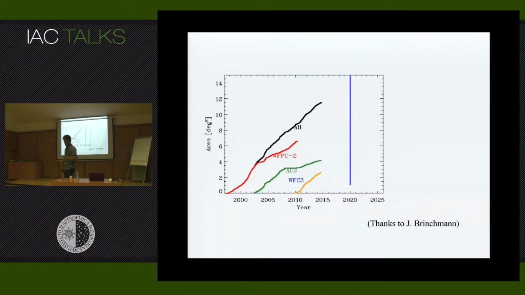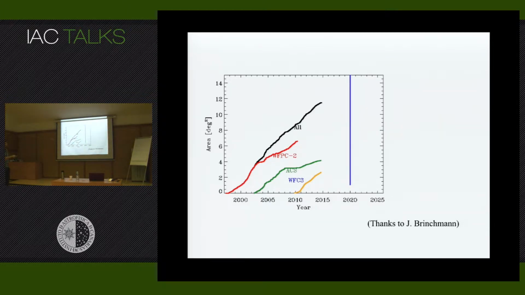I like this plot, I always show it, but this gives you a graphical idea of how things are evolving. Basically, what it's showing here is, as a function of the year, the area observed by the Hubble Space Telescope in imaging with the different cameras. This is the launch date, more or less, and this is the sum of all the cameras, so the total area observed by HST.